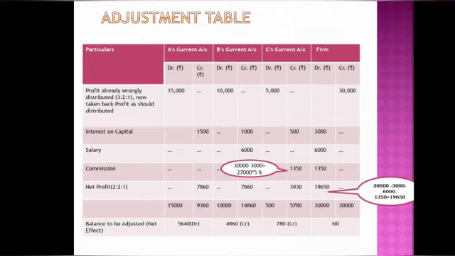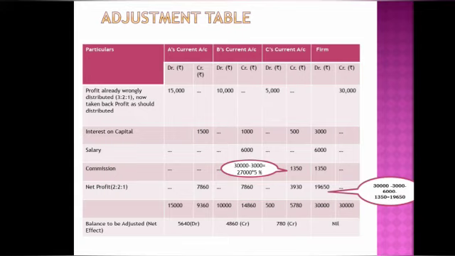This profit has to be distributed to the partners in the correct ratio, that is 2:2:1. And if the partners are receiving, it has to be placed in the respective credit column of the partner's current account. So 19,650 is divided into 2:2:1 and each partner is getting his share of profit. After that, we need to find out each partner's balance.